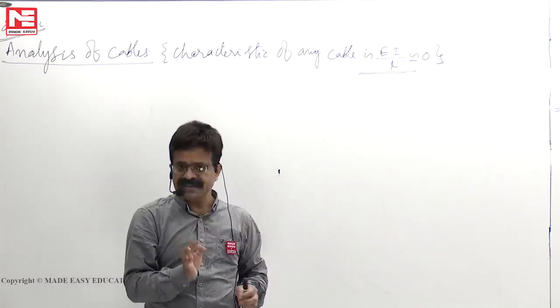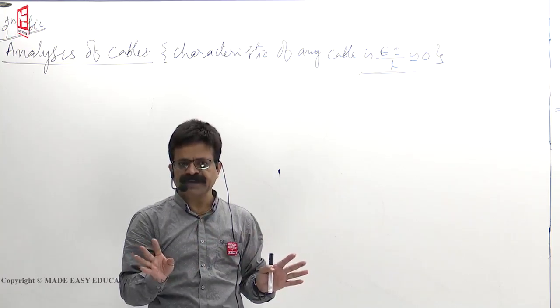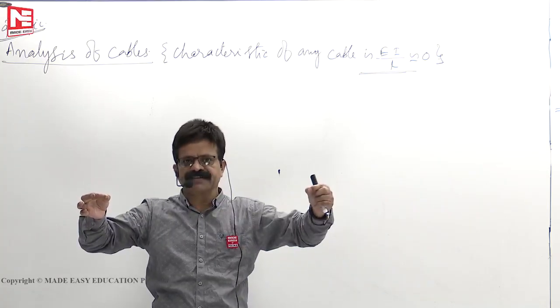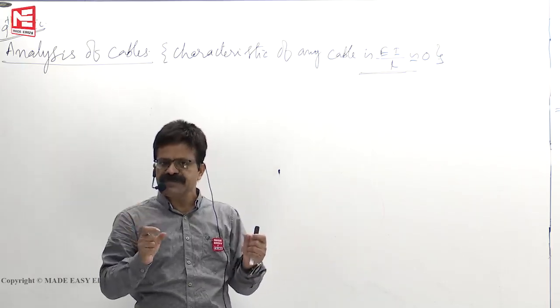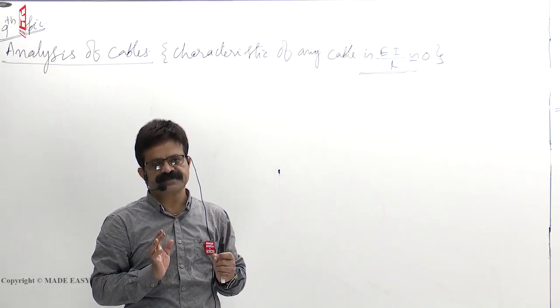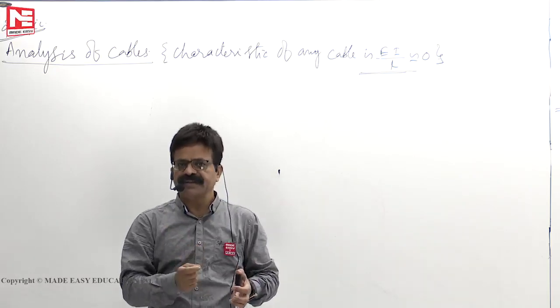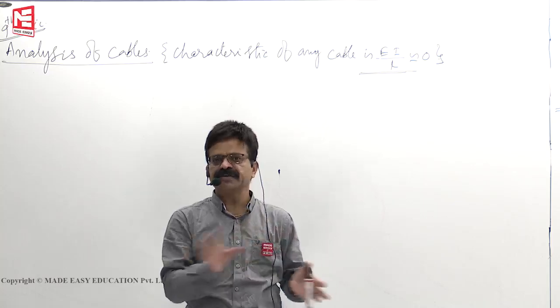So a cable is a structure that cannot take compression and cannot take bending moment, but it can take tension. If you pull the cable, it will take it; till it breaks, you can pull it. So cables can only take tension. If they use the word cable, the implied meaning is automatically that it will take only tension,